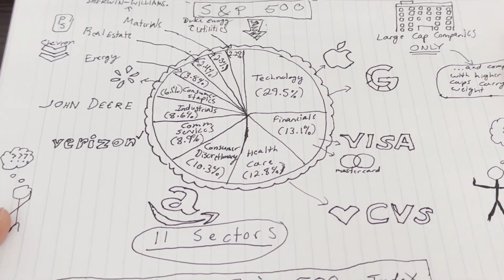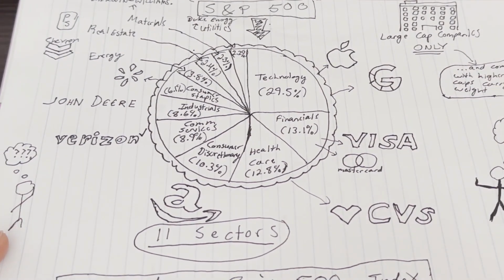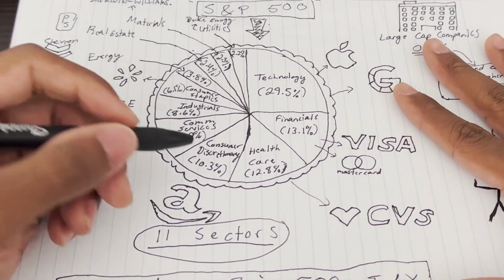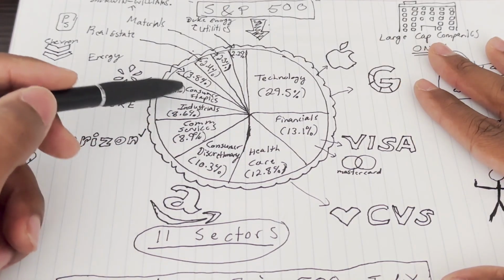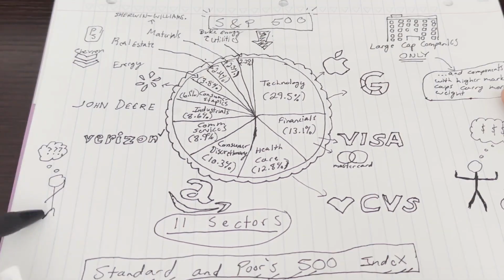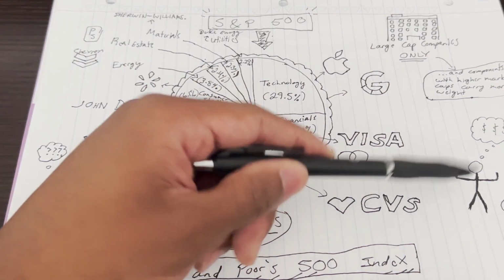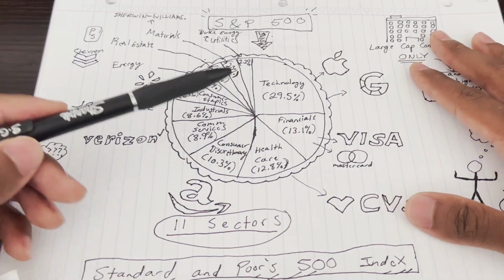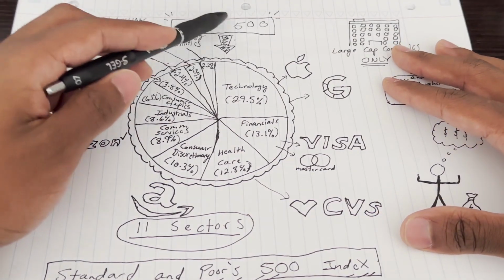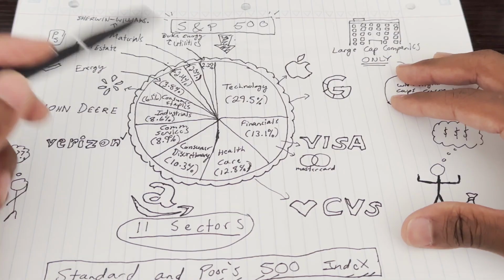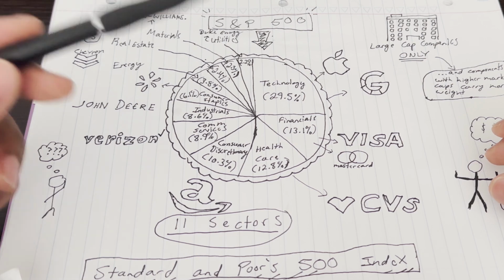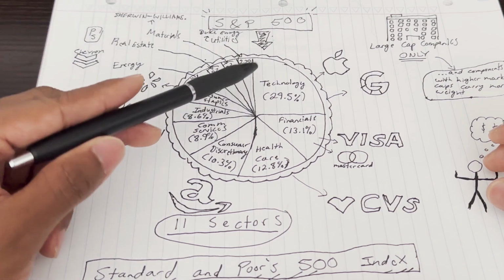So in this beautiful drawing right here that looks like a toddler drew it, make no mistake, a grown man drew this, and that was me, so you gotta show some respect. But anyway, think of the S&P 500 as a pie. I even drew crust around there for you. Now this right here, this is you not knowing yet what the S&P 500 is, and this right here is you once you understand exactly what the S&P 500 is, you will be good to go. So first of all, this pie is the S&P 500. I wasn't about to make 500 slices to show every single company, but what I have done is I went and looked up exactly how each pie slice was split between each sector.